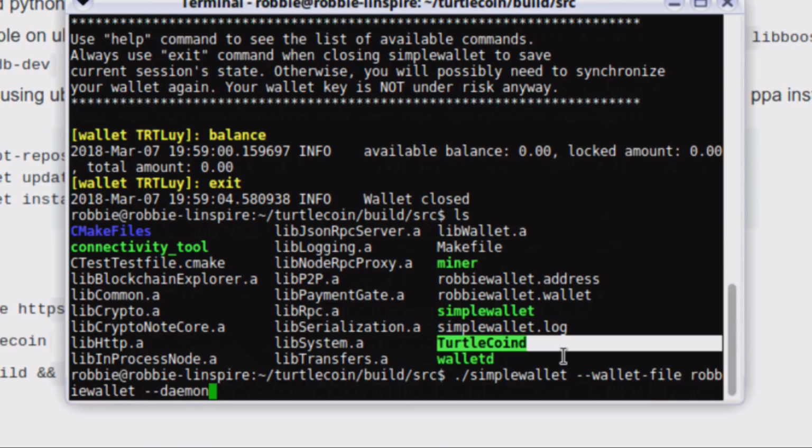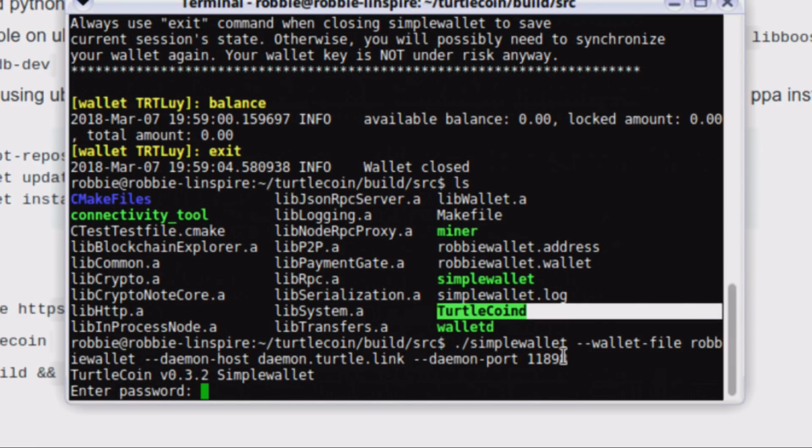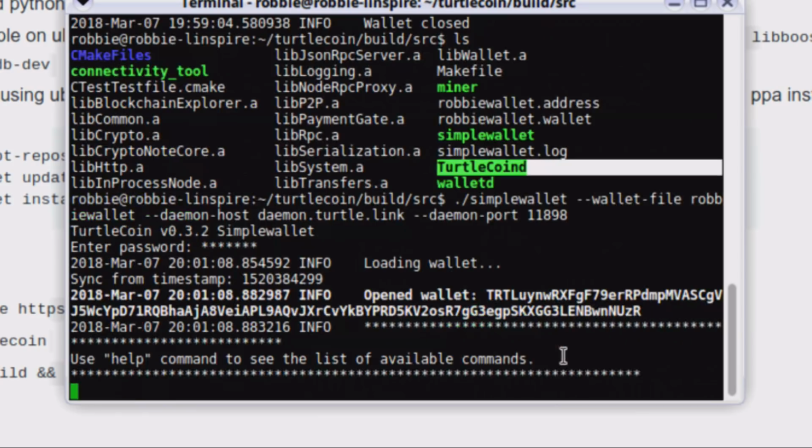Daemon host, and we're going to go daemon.turtle.link, and then daemon-port. This is the port for the daemon, 11898. Hit enter. Enter the password for my wallet, test123, and now it's opened my wallet,